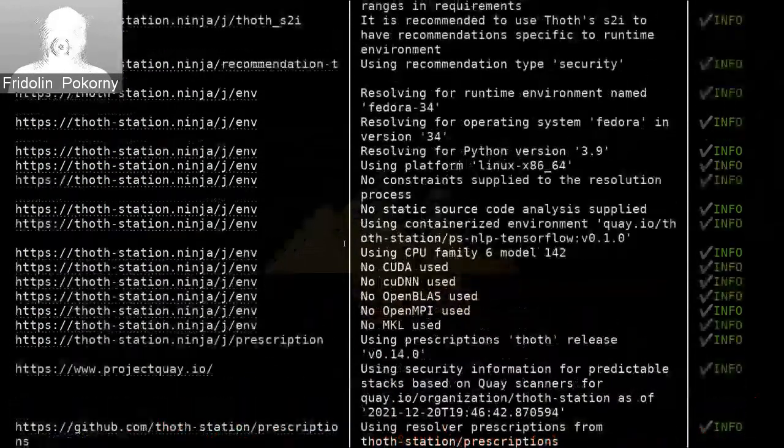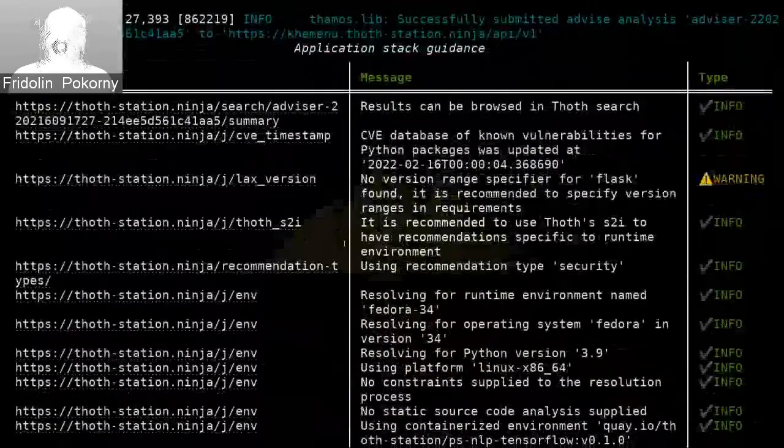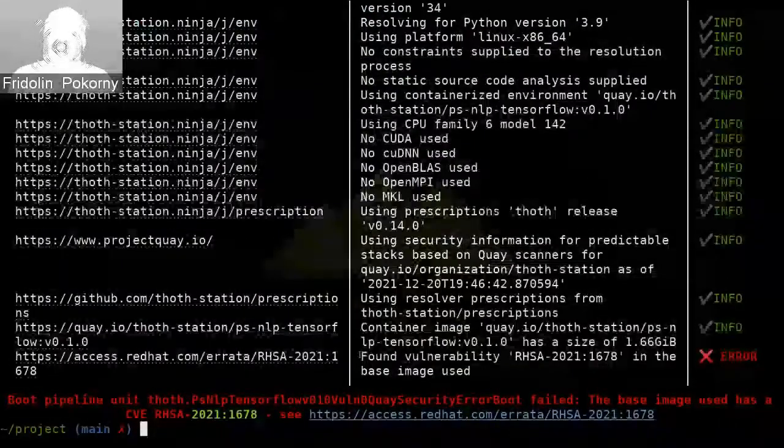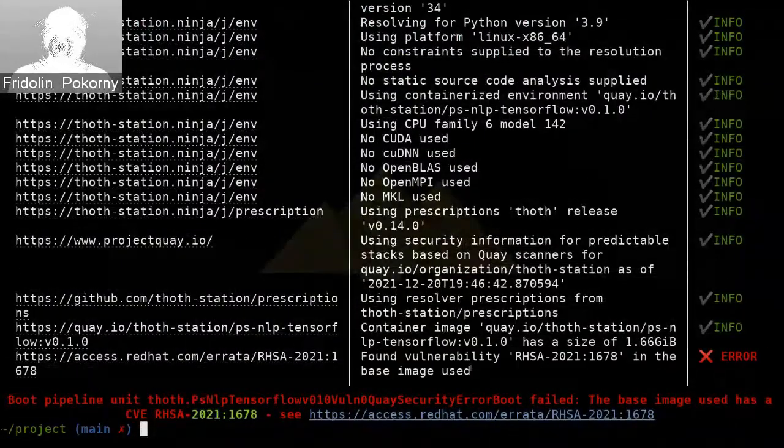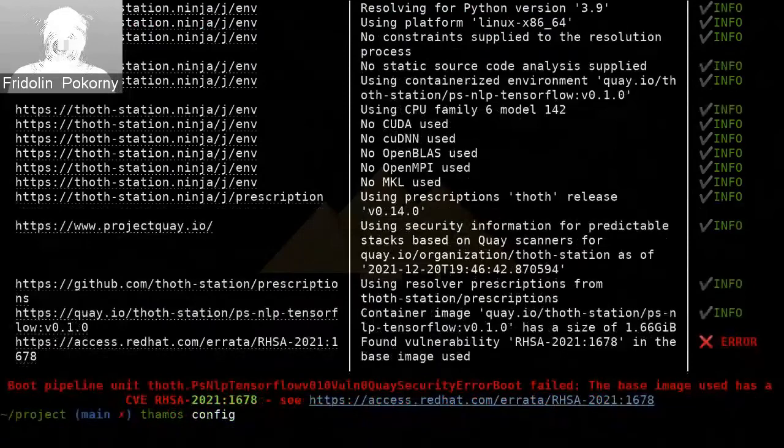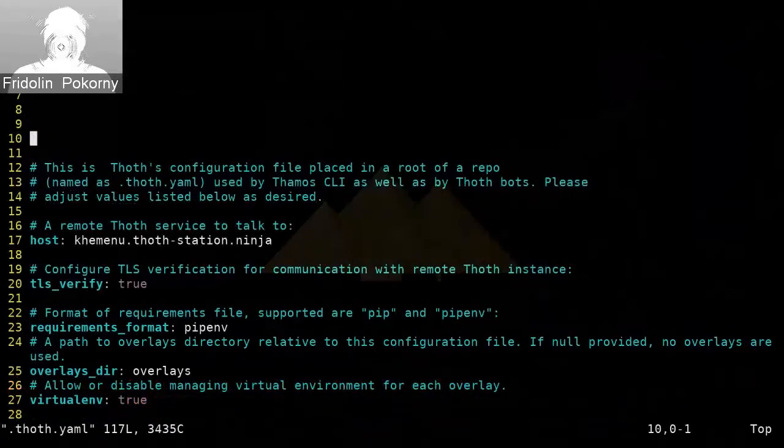However, in this case, the resolver failed. It failed because it found a vulnerability in the base container image. This failure was expected because the base container image is vulnerable to